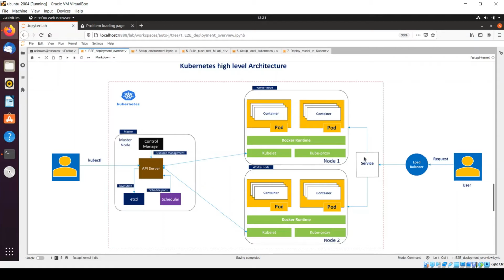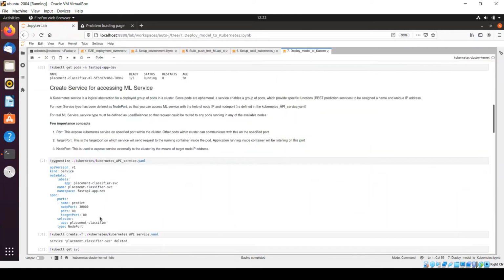But now the question comes, how will the service identify which pod it needs to invoke? Because in practice, in any Kubernetes cluster, thousands of pods would be running. And without any identification of these pods, it would be very difficult for the service to route correctly. And that's the concept of label. So a label is just like a stamping, right? You have defined a pod and you have stamped that pod with some unique number, and using that stamp, my service will understand that yes, we need to send that request to the given pod, right? And now we'll see how we define it.